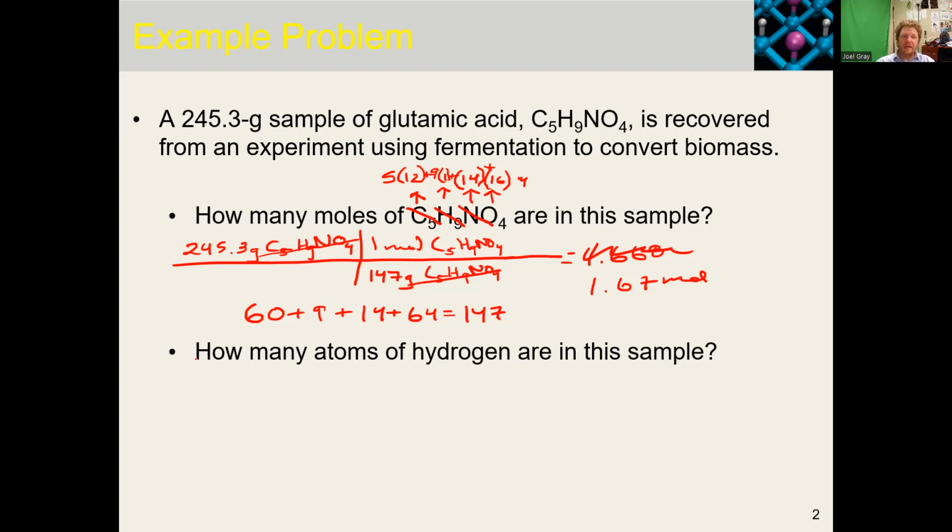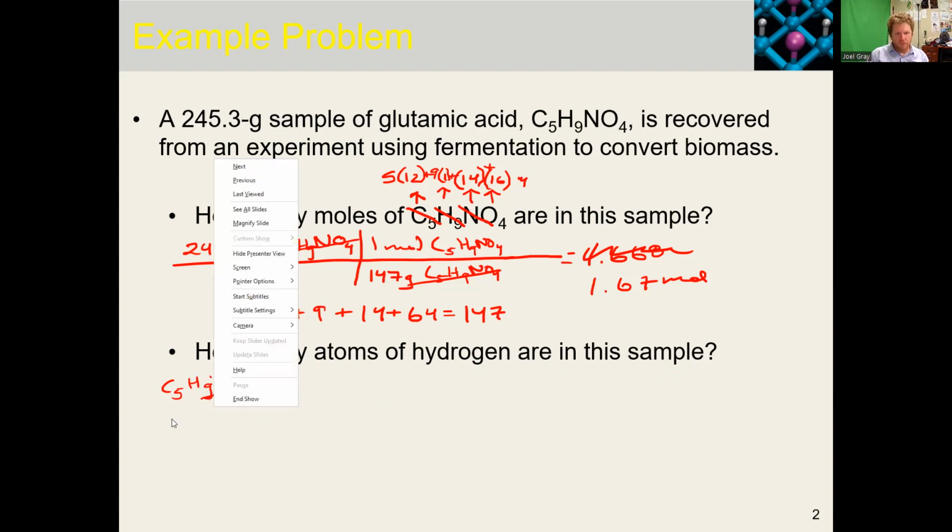Okay, now this question, this second question, is a super important question, and it's pretty challenging, but we can do it. So the question is, how many atoms of hydrogen are in this sample? Now, let's think about our molecule. Our molecule is C5H9